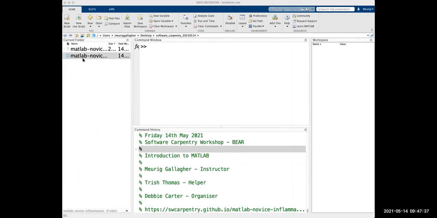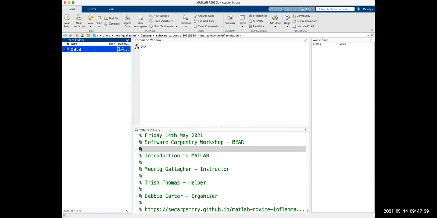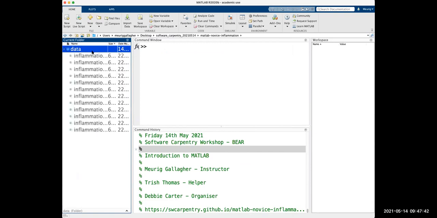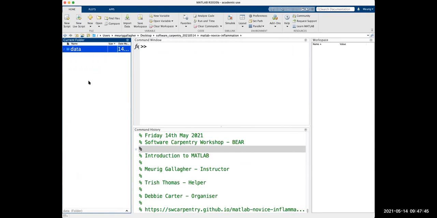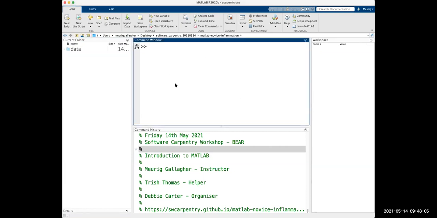So this folder contains some data and a load of files. These are files that we're going to look at as we go on, but you don't really need to worry about that for now. We're going to start with something a little more easing into MATLAB. So first, we're going to start with this working with variables section. The aim here is just to get familiar with MATLAB, get familiar with what we're looking at on the screen here. What are all these different windows, these different options, and how can we use MATLAB essentially as a calculator? How can we use it to do some basic arithmetic?